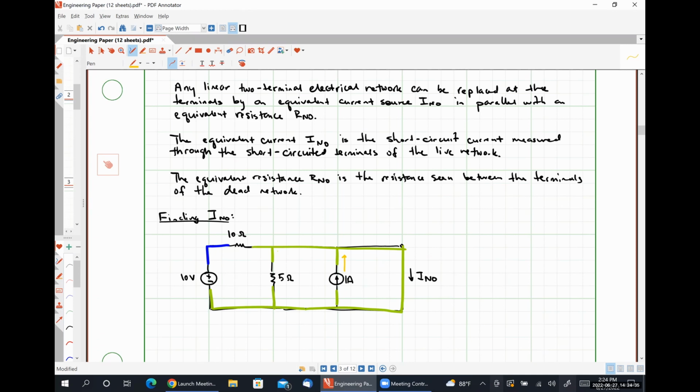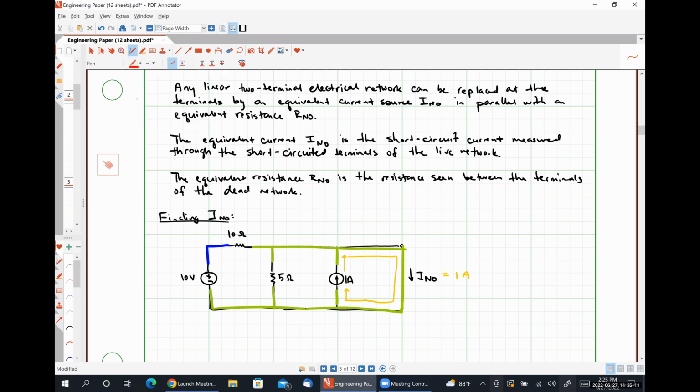It could flow to the left and continue flowing through the 10 ohm resistor in series with the 10 volt source, or it can flow to the right, flowing through that short circuit. I would argue that all of the current from the 1 amp source is going to flow to the right through the short circuit. So I Norton is going to be 1 amp plus,